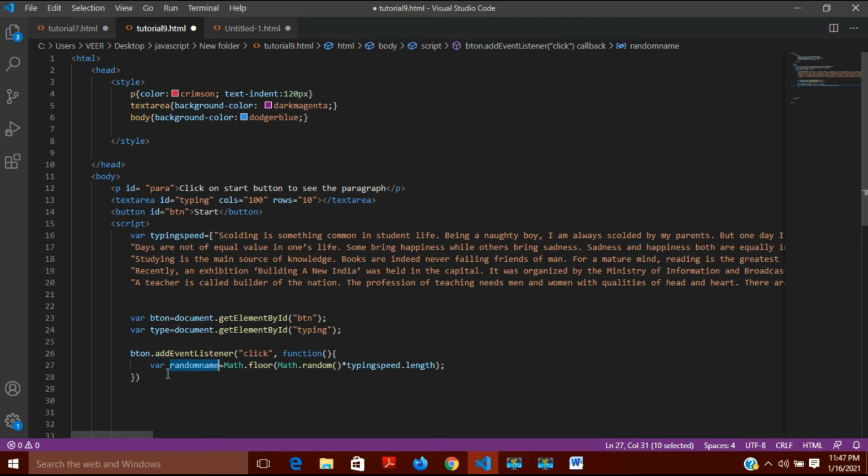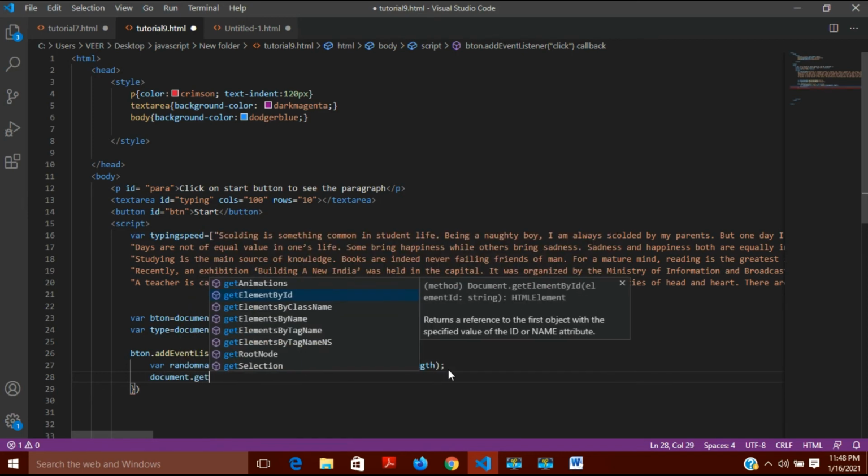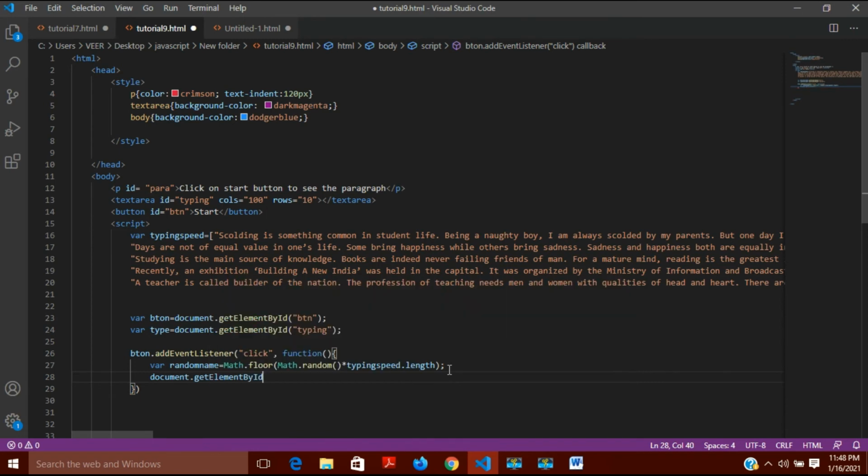So now this is the value, but I have to get access to it here so that it may be replaced. I want it to be replaced with whatever indexed paragraph I get from here. For this, as you can see in my 6th video also, I will use document.getElementById, and here I will write the ID which you want to access.